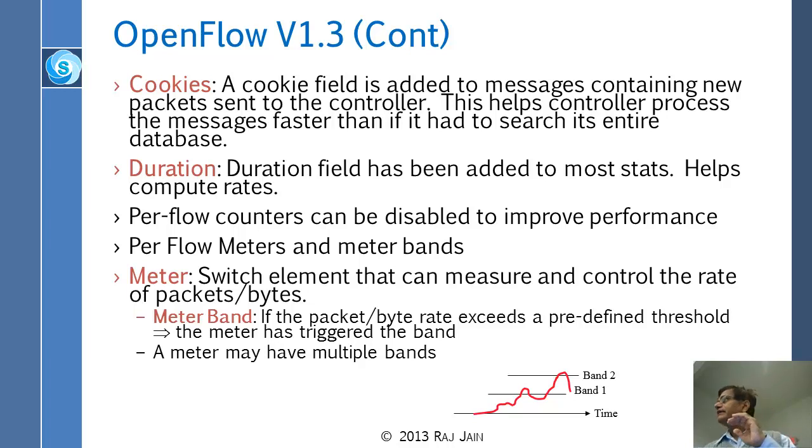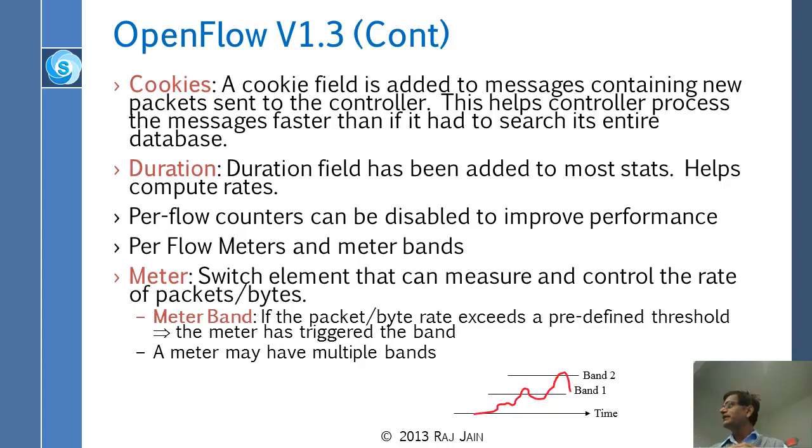If the band is crossed, then there is an action. Alright? The action could be as simple as throw it away or start counting, and now we will charge him at a higher rate. Right? So there could be many other actions. Or it could be that please mark this other bit and send the packet so that somebody else can throw it away. Many different actions possible when you overflow your rate. Alright? So that's what it is.